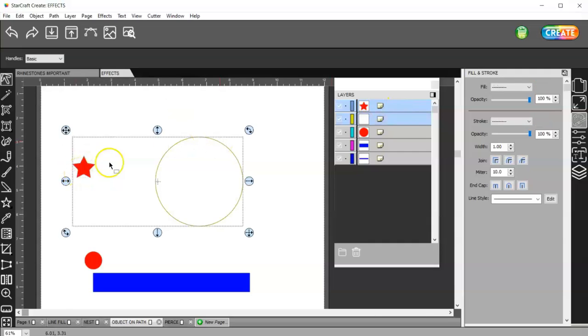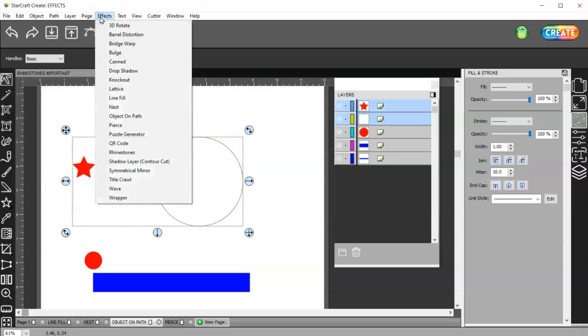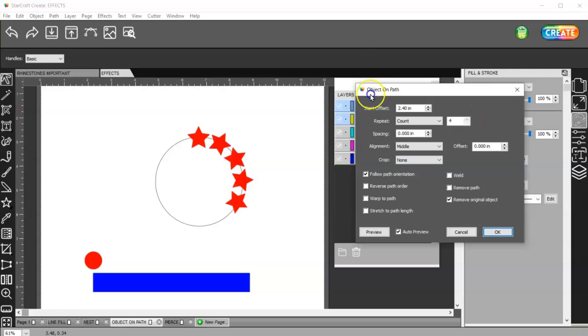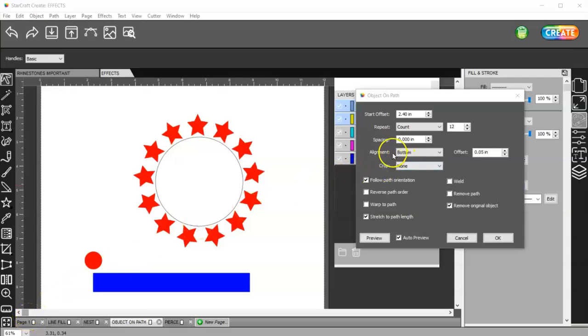So I will select, shift select circle, and go to Effects, Object on Path. And I'll click Auto Preview. Alright, and then I will bring this up to the top, like so. And then I will make some copies. And to make sure that they are evenly spaced, I can stretch to path length. Okay, so the next thing that I want to show you, I'm going to have to reposition my star. So, hold on a second. Okay, so basically all I did was change this to bottom so that my stars are sitting above the circle,